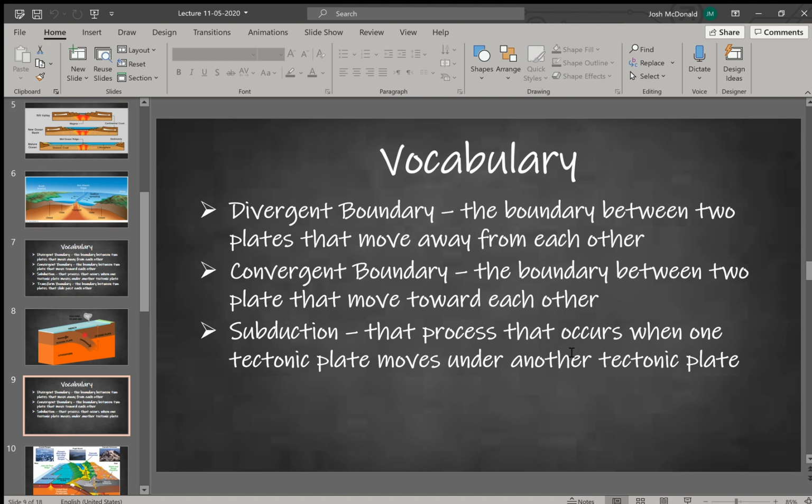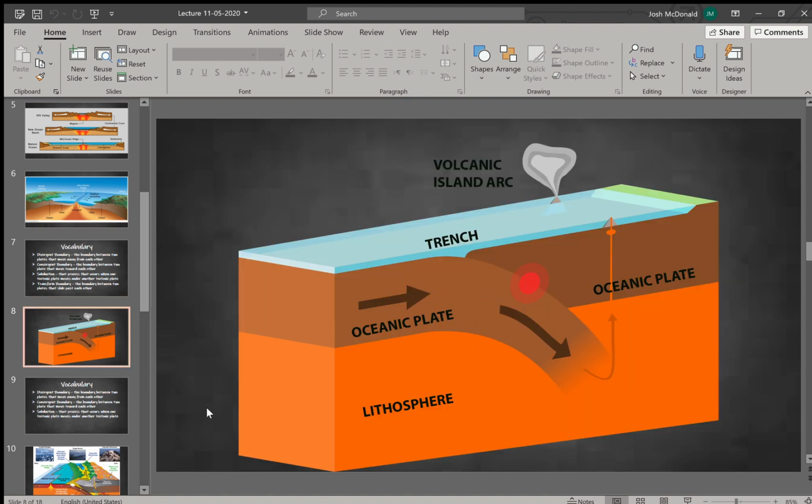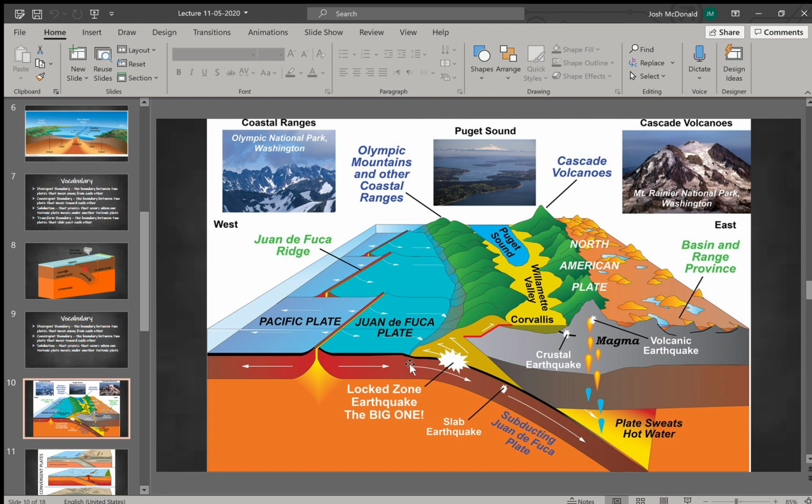But subduction is the process that occurs when one tectonic plate moves under another tectonic plate. So you see that here, you've got one moving down under the other one. And so here's an example of a subduction zone, and this is specifically in the American Northwest, so around Washington and Oregon. And you have a smaller plate, the Juan de Fuca plate, coming up against the Pacific plate,